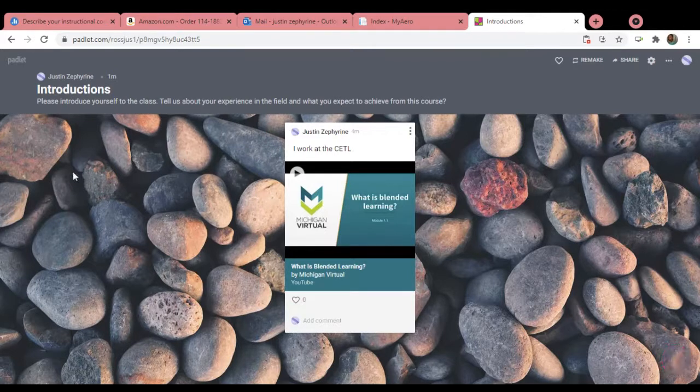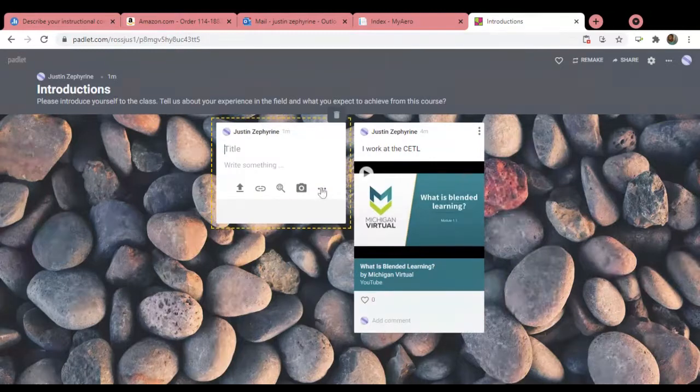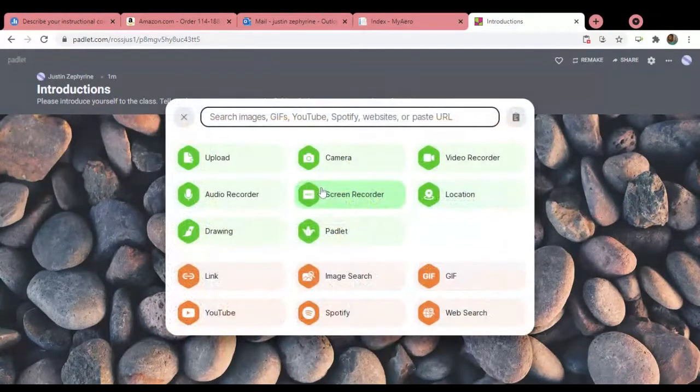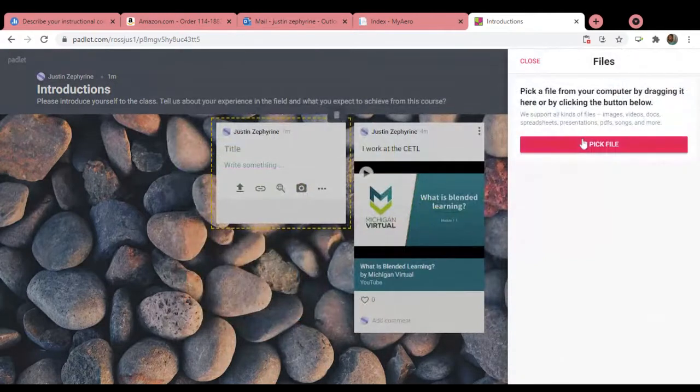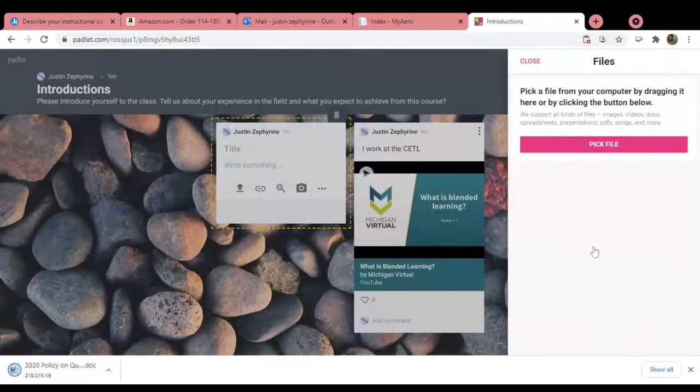Let me see if I can add a document to show you as well. It's the same procedure. I can easily drag a document. Let's say I want to drag this here.